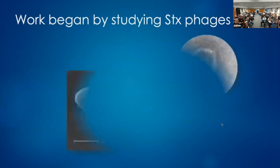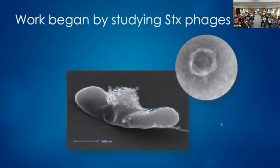So I began work by studying Shigatoxin phages. This was an example of the first phage that I worked on that infected an E. coli K12 strain. And this little phage here is known as 24B. In 1982, the E. coli serotype responsible for Shigatoxin-mediated disease was E. coli O157:H7. It didn't take many years for around 500 serotypes to be associated with being capable of causing